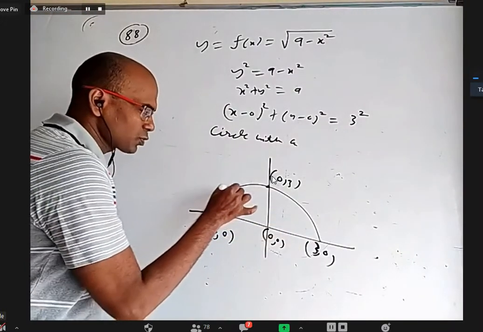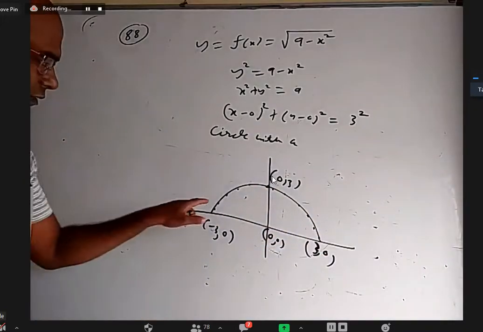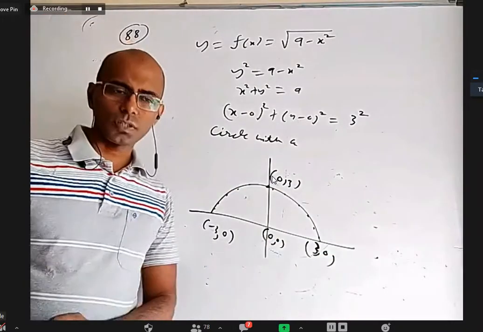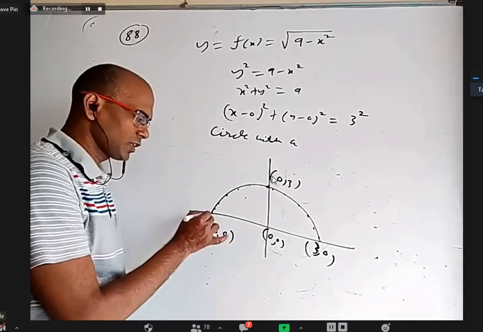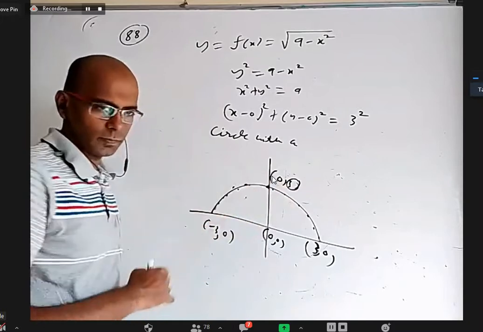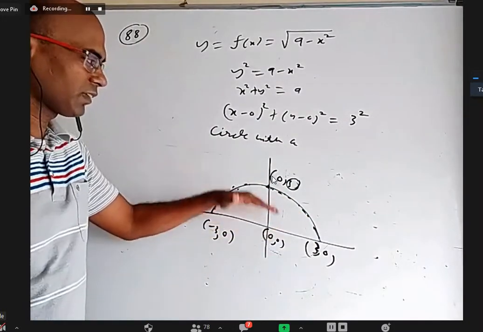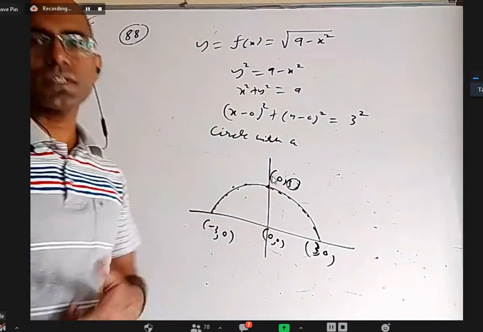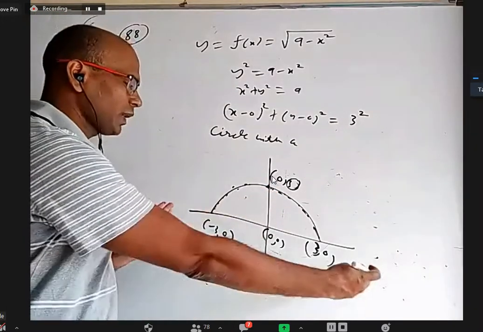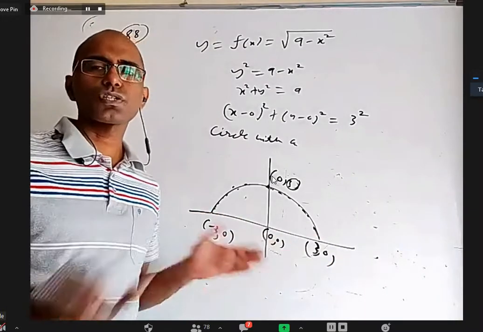All the x values of all these points put together is called the domain. And the y coordinates of all these points put together is called the range. Here the y coordinate is 0. Here 1, 2. Finally, your y coordinate is maximum 3. So when you look at all the y coordinates, we will cover everything from 0 to 3. That's why the range is the closed interval 0 to 3. And the domain, you can see along the x-axis. You started here and you finished here. Closed interval minus 3 to 3.